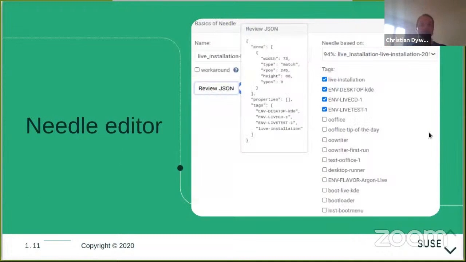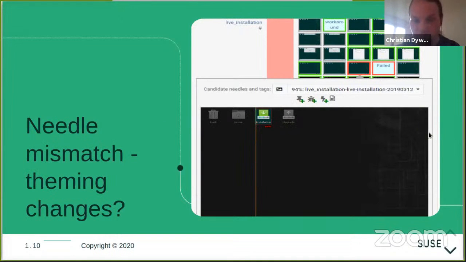I'm missing the slide, unfortunately. Yeah, so going by the desktop icon, the test would have a specified area that it's looking for, and it would go by a certain match. There are some algorithms that use the similarity index of the colors involved to see that this is actually the right icon.